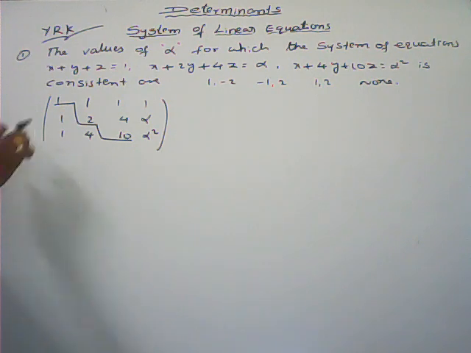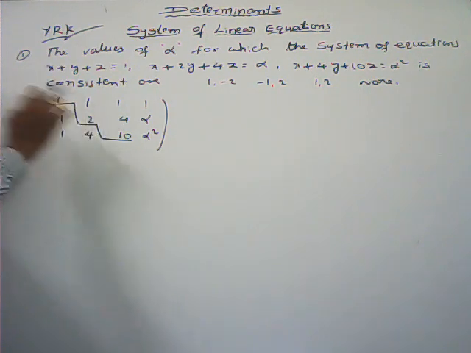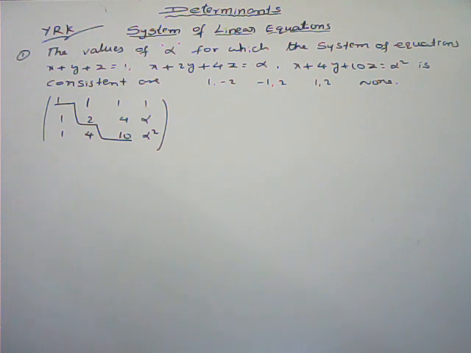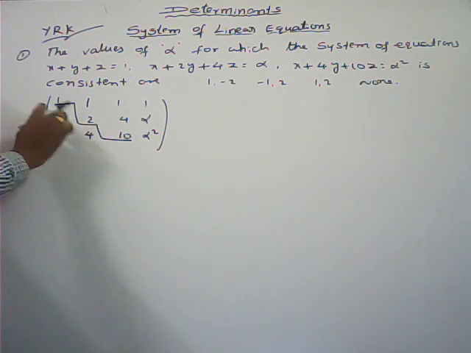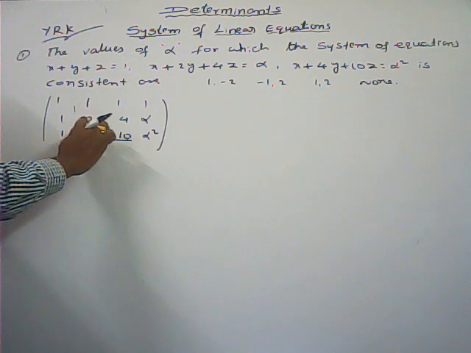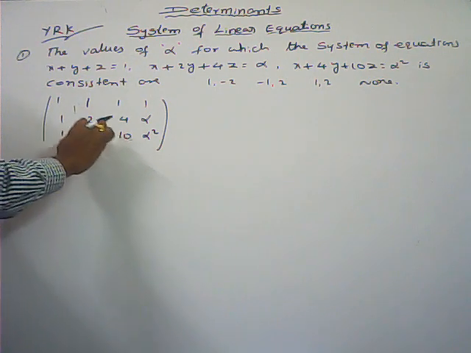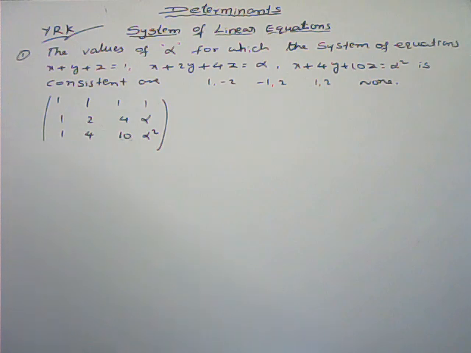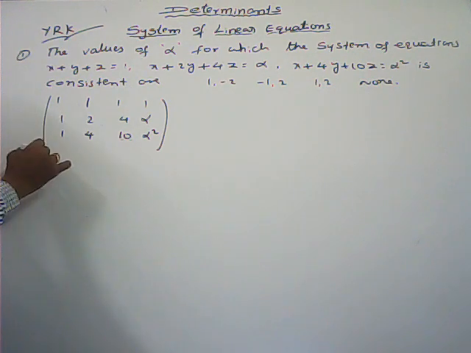So everywhere no need to draw this. Everywhere they are giving 3 by 3 matrices only. So these 3 elements we have to convert into zeros. What is the procedure? First, this one we call the leading coefficient. By using this element, in these 2 elements we should get zeros. How to get the zero here?